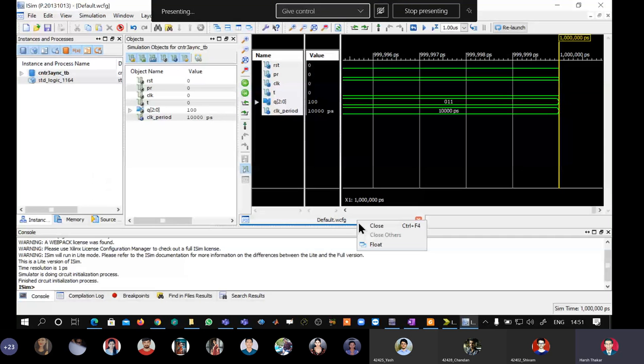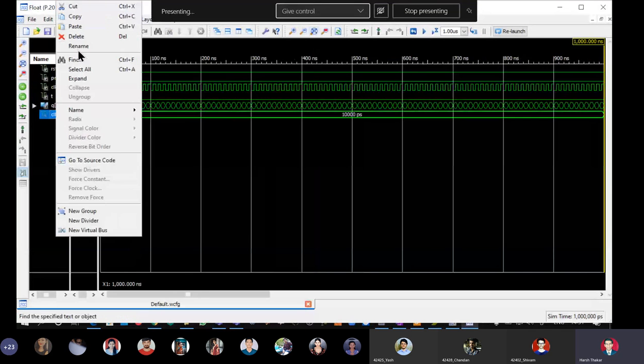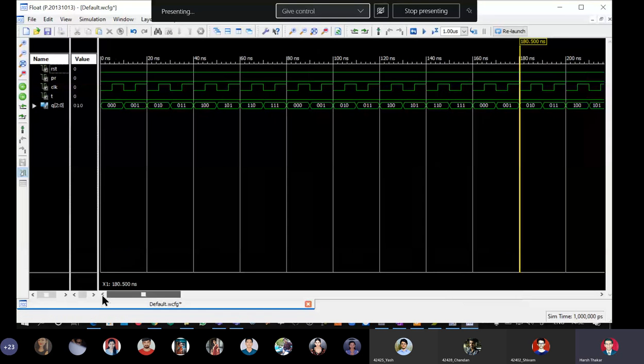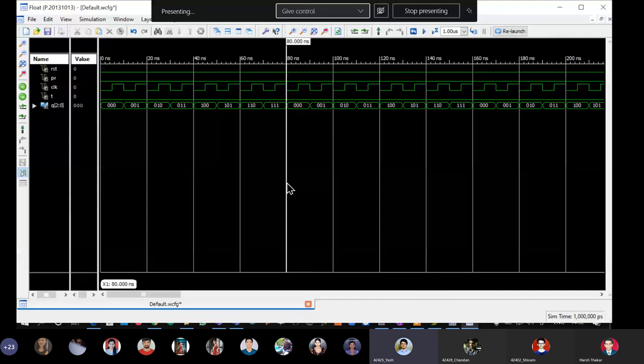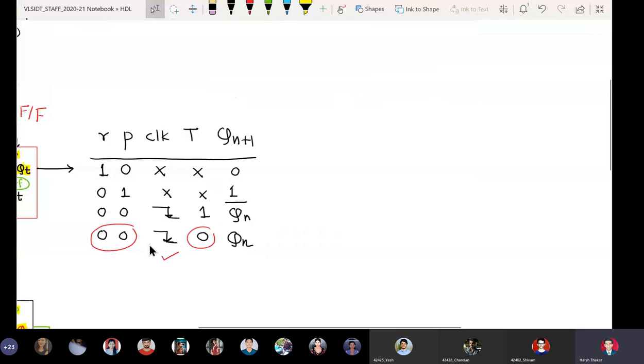Good, there is an improvement here. Okay, I'll remove the clock period. Zoom. You see it is incrementing? Yes. Sir, we initialized qtemp in the child entity, no? We initialized it in the child entity, no? Yeah, because ultimately this is the truth table of the child. That is why.